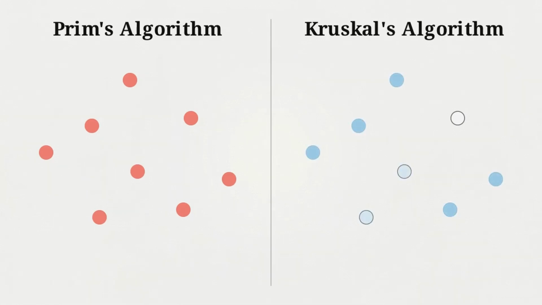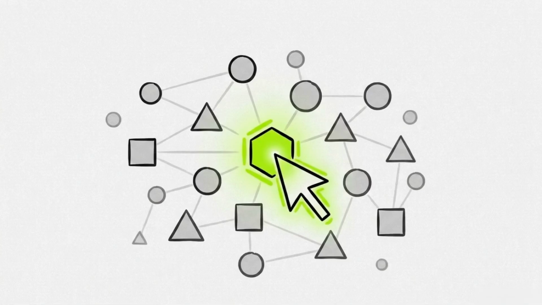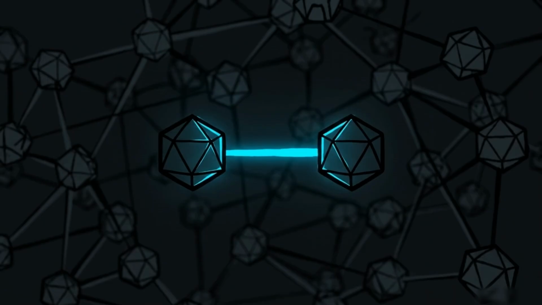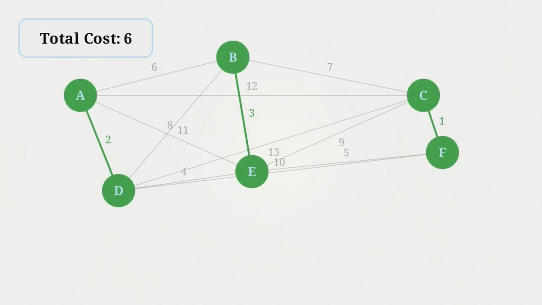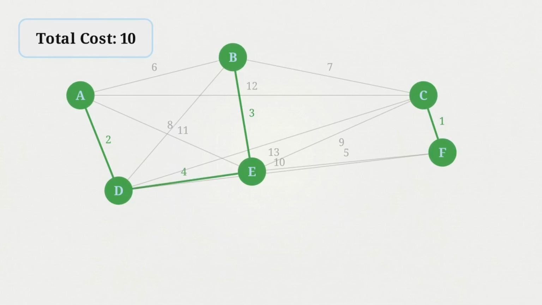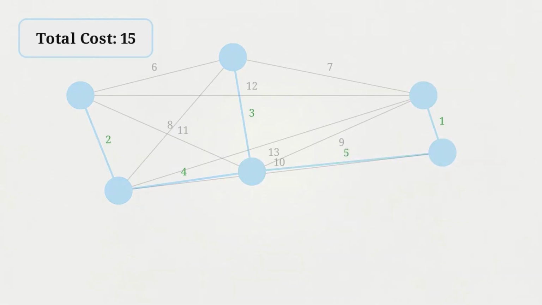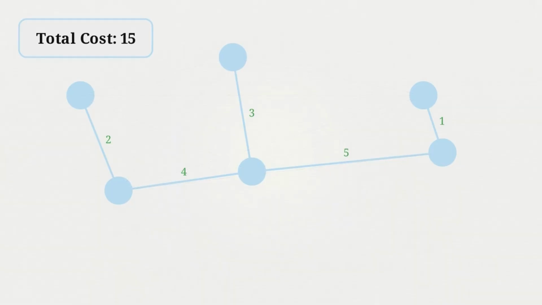Kruskal's algorithm takes a different path. It entirely abandons the concept of a starting vertex. Instead, Kruskal operates purely as a greedy algorithm. A greedy strategy means the system evaluates the board and makes the immediate, locally best choice available at that exact moment. Rather than expanding outward from a central hub, Kruskal scans the entire map and grabs the absolute cheapest edge, regardless of where it lies. By dropping the requirement for a central starting point, the algorithm builds multiple disconnected fragments at once. Over time, these disparate components will snap together into a single network.